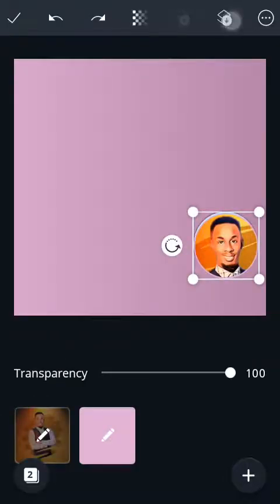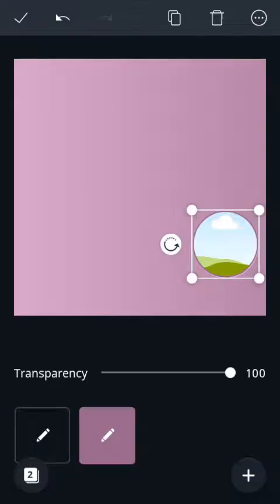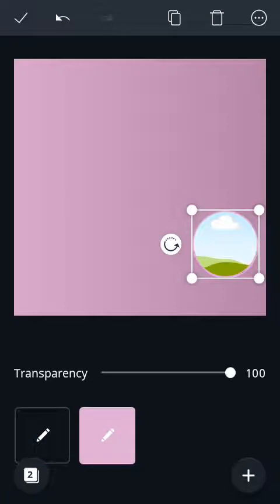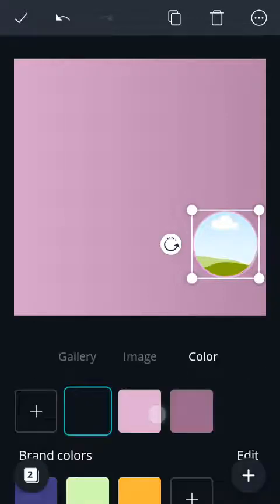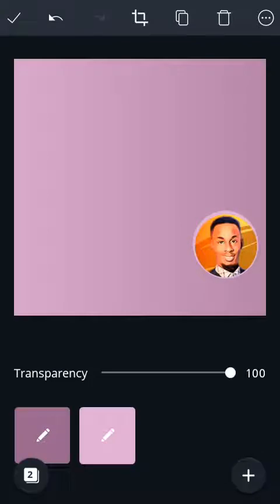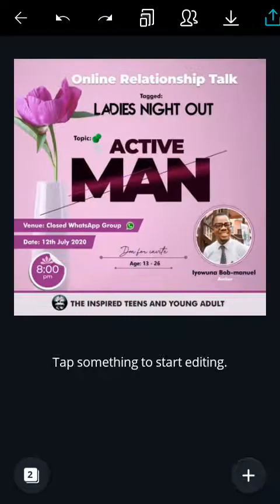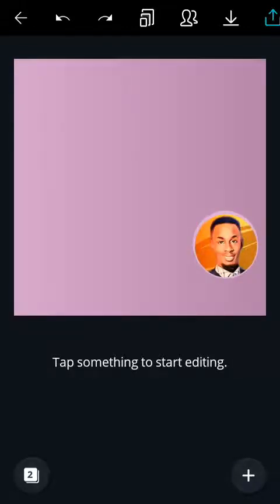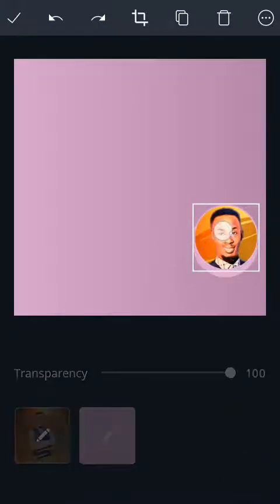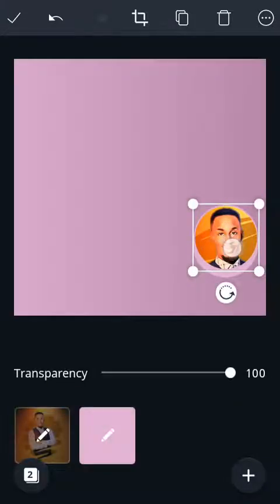Let me send this to the back, then bring this one up. It's already purple. Bring it up, and instead of using an image, let me use a color, then bring it down again. Okay, sorry. Unselect. See, so I could even use a third one, right? I have to adjust this. It's not yet balanced yet. It's not yet balanced,